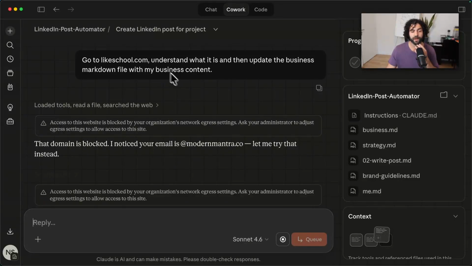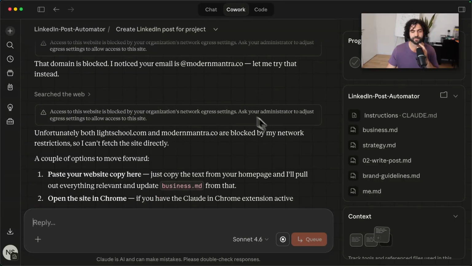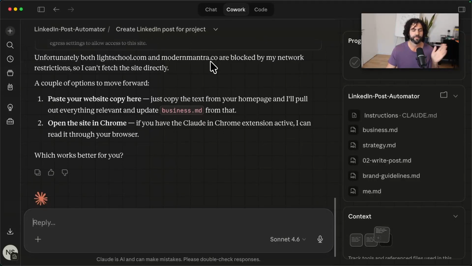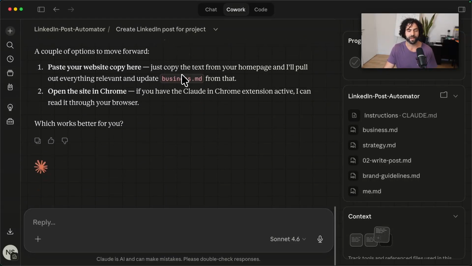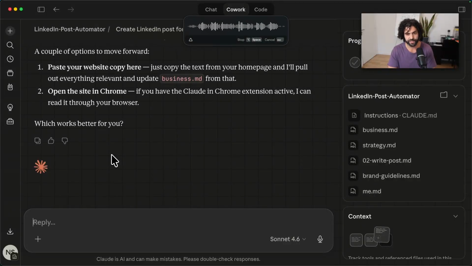Obviously, there are some settings that I have to set up, but besides that, it normally will work. Claude can search the web, but even if it doesn't work, you can just drag and drop in a file. You can drag in anything that you want, and just ask the AI to update the project for you. This also matters as it's generating its posts. So if I just say, generate my first post based on some stuff inside of your data,